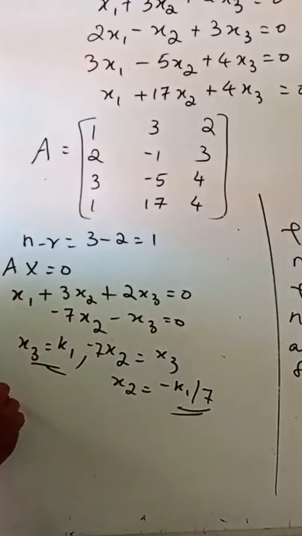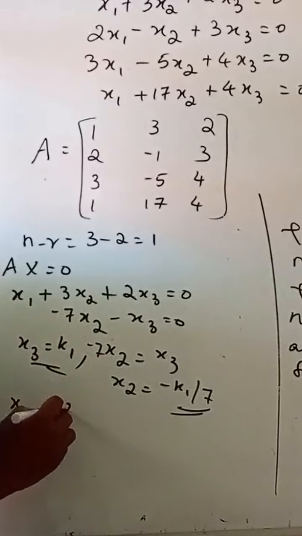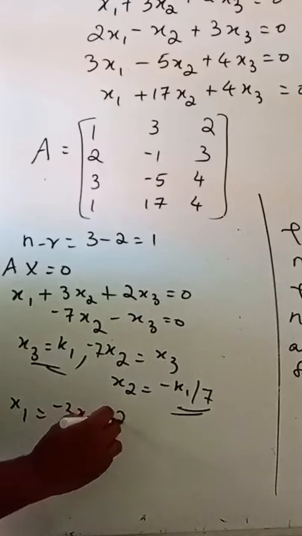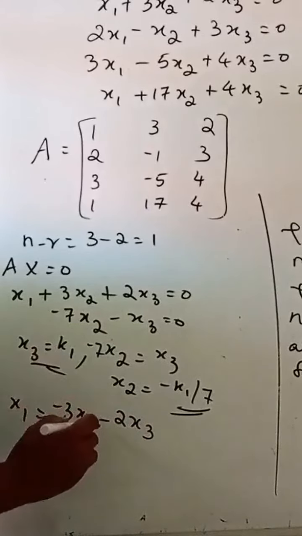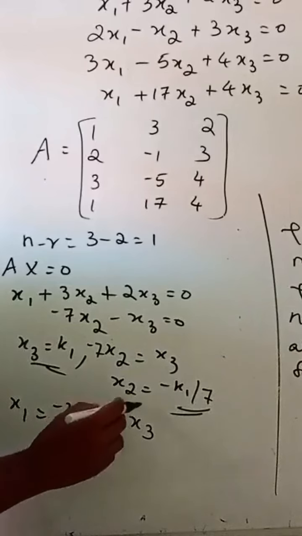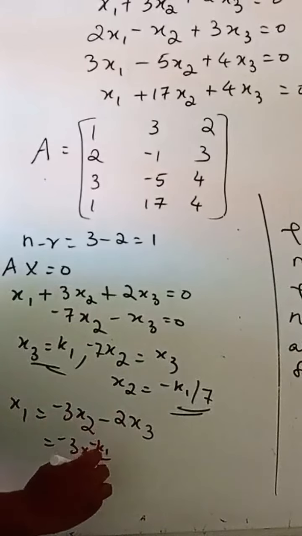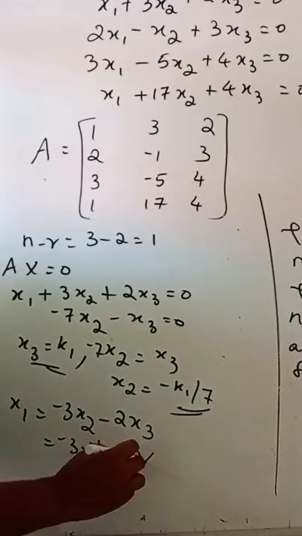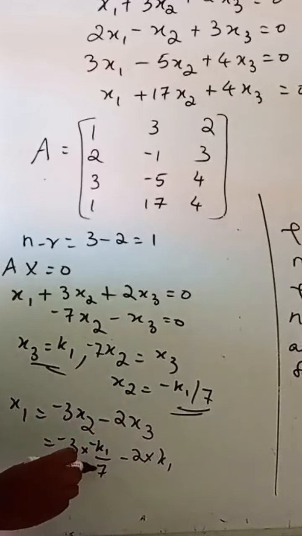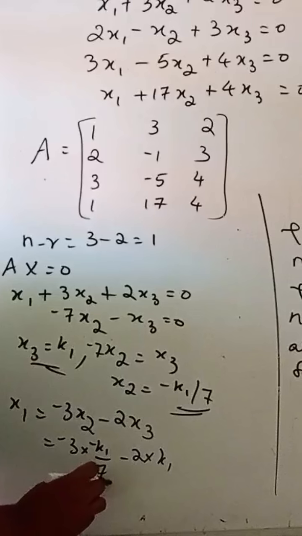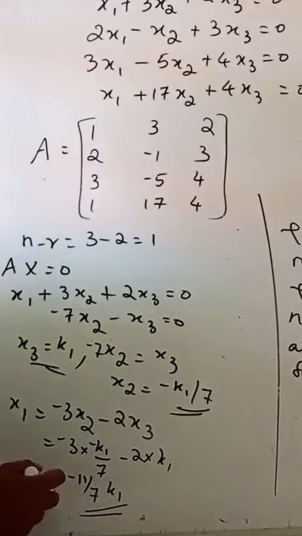Then from the first equation we can write x1 is equal to minus 3 x2 minus 2 x3. Now put the values of x2 and x3 here. So minus 3 into x2, which is minus k1 by 7, then minus 2 into k1, that is equal to, so here we will get 3 minus 14, that is minus 11 by 7 k1. So the solutions are x1 is equal to